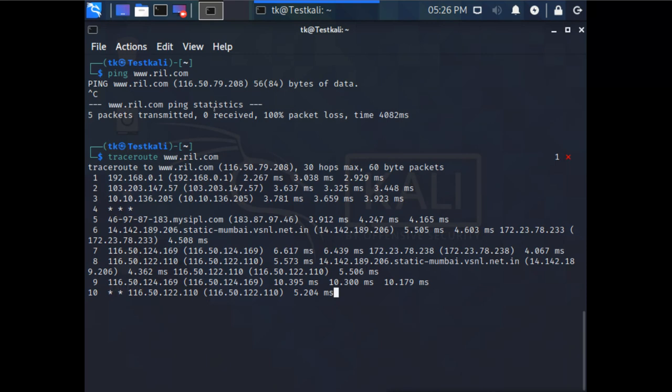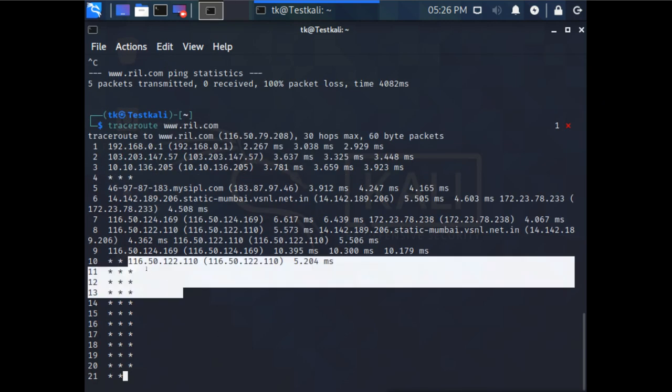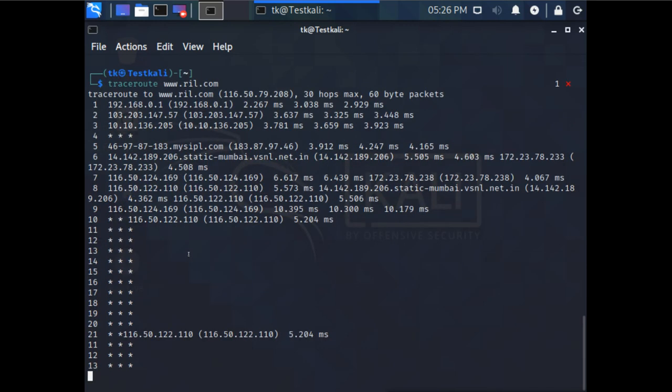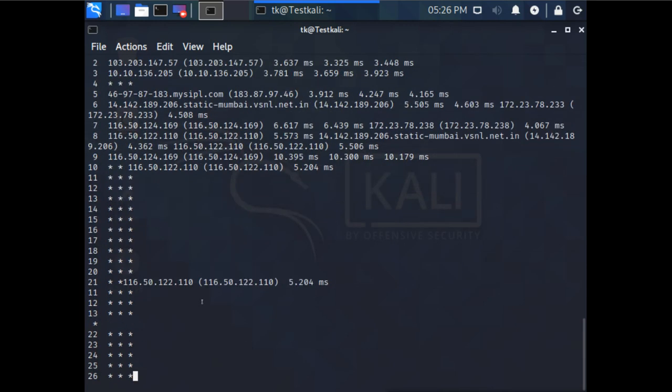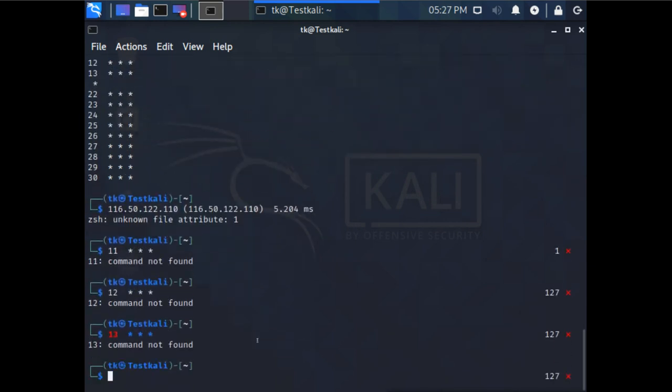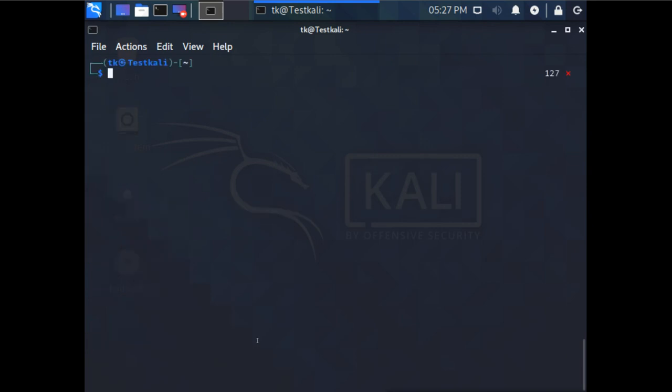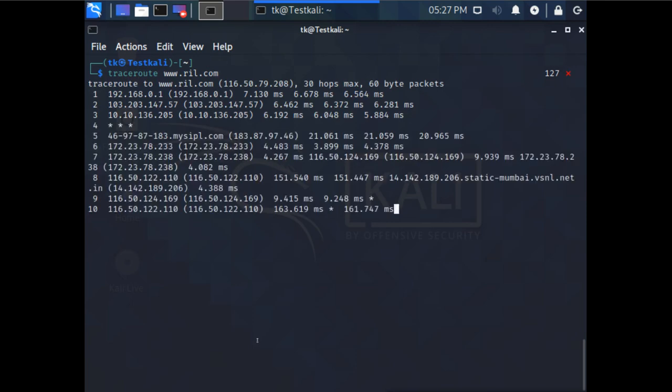And you see Linux is very fast, and you can see that it is still stopping on that IP, and it will go till 30 and then automatically stop. It is still stopping on that hop, and after that hop it is not able to go further because ICMP is blocked. Now I will use -T with it.